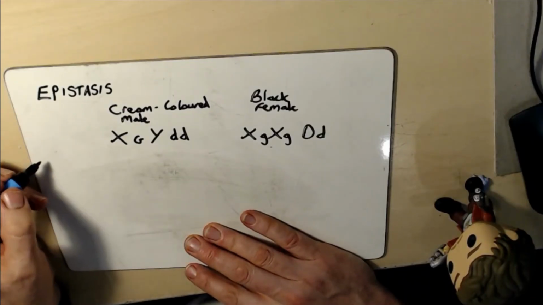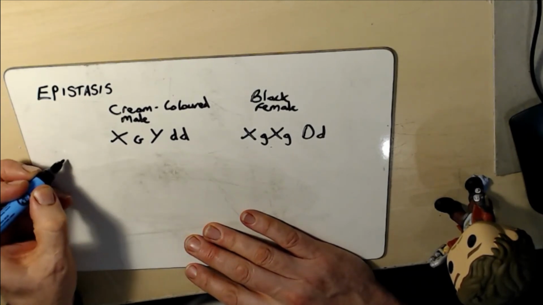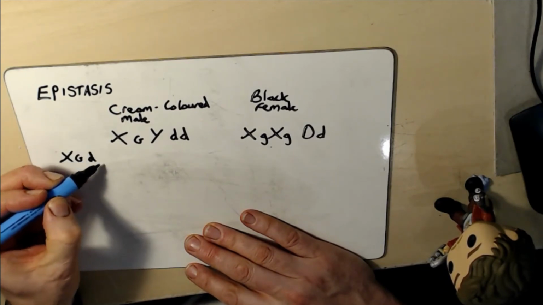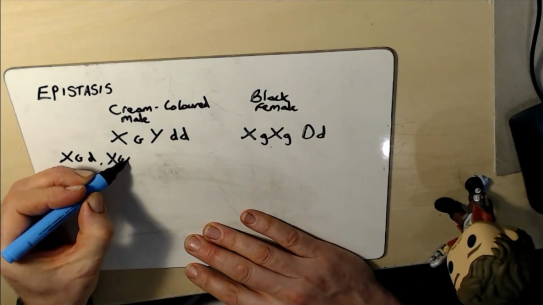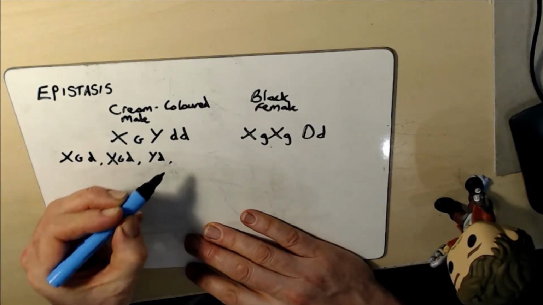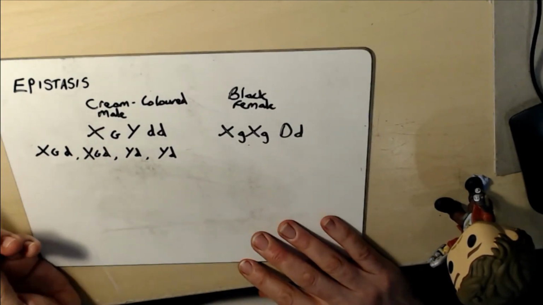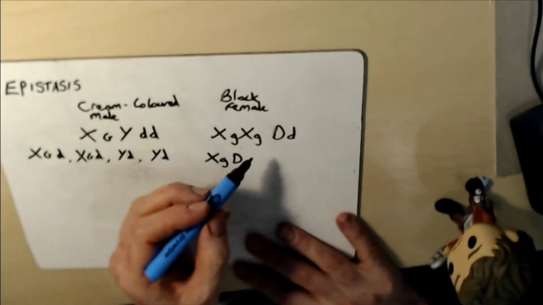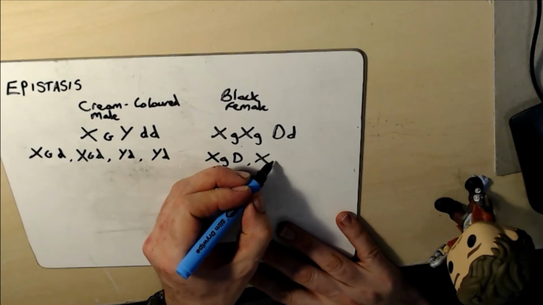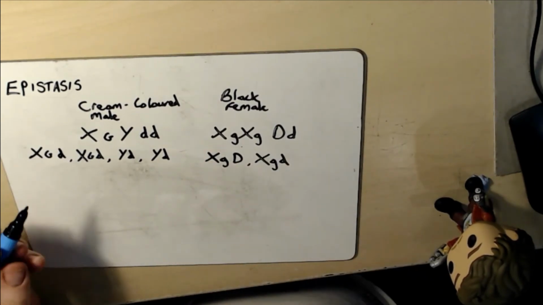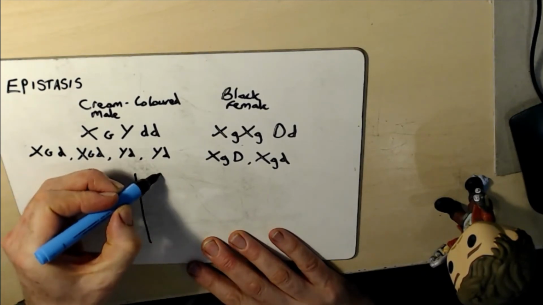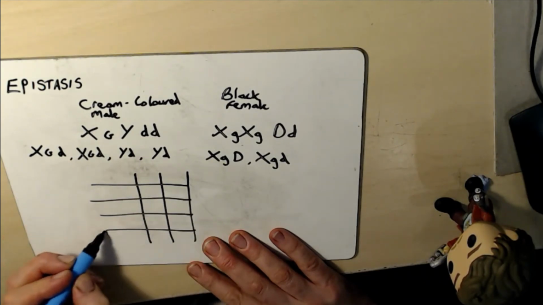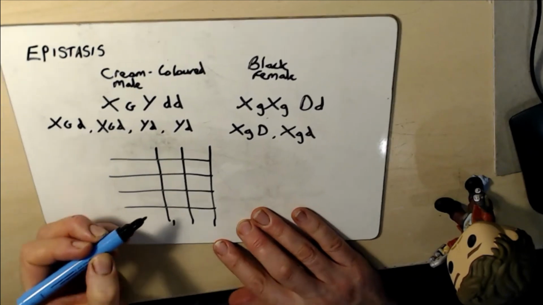Okay, so we need to work out what the gametes are. So for the male, I'm going to start over here. So X big G D, and there's another X big G D, and then the Y D, Y D, and then for this one is X little g big D. Okay, you could have it twice, but I'm only going to show it once, and little d. So what I can do now is a cross. Now it does want you to work out the male genotypes and phenotypes, but I am going to just draw the whole thing.